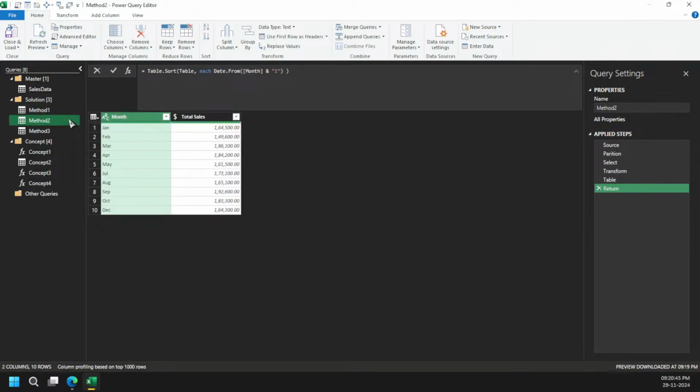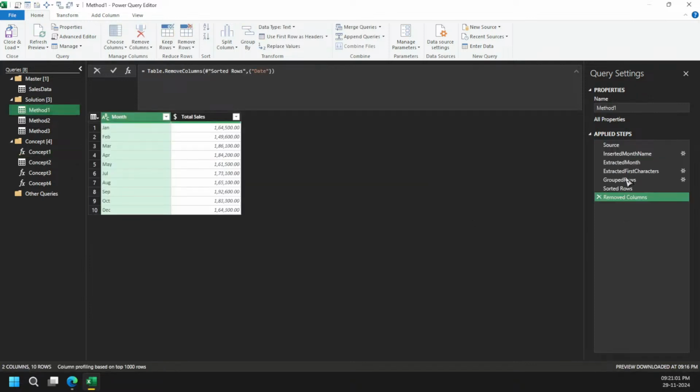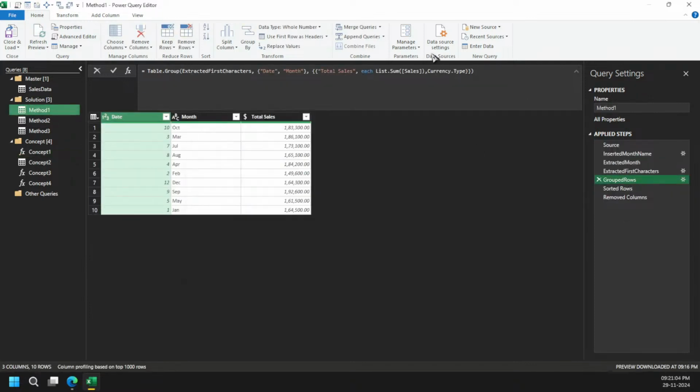So before moving forward and showing my main trick for today, let me tell you the whole concept of group by first, because I'm going to use the Table.Group function. So if you see here, Table.Group, the way we have used here, got it? By far it has used the first parameter, which was the previous value. Give me a second, I will mark them. So you can see this was the first parameter, this was the second parameter, which was the category part, and this was the last part.